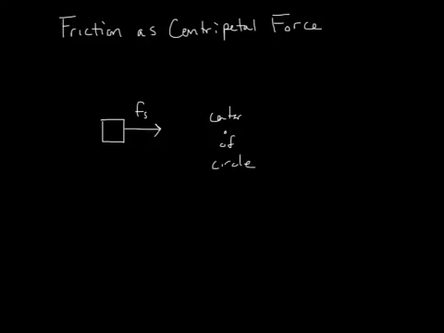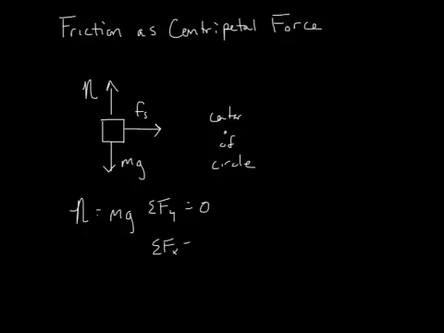Alright, and so when we have that situation going on, the other forces acting on the car would be the weight going down and the normal force from the road pushing up. And as long as we're ignoring air resistance and our road is completely flat, those would be the only three forces that are acting on our car or the coin on the record player, whatever. Okay? In the vertical direction, the car would be in equilibrium, so N has to equal mg because the net force in the y direction equals 0. But the net force in the x direction is going to equal ma. And so what we end up with is our force of static friction equals mac,